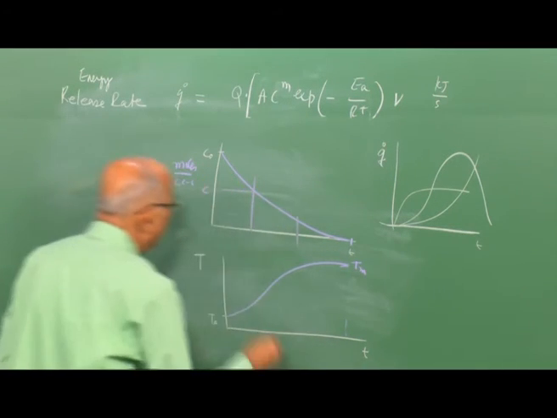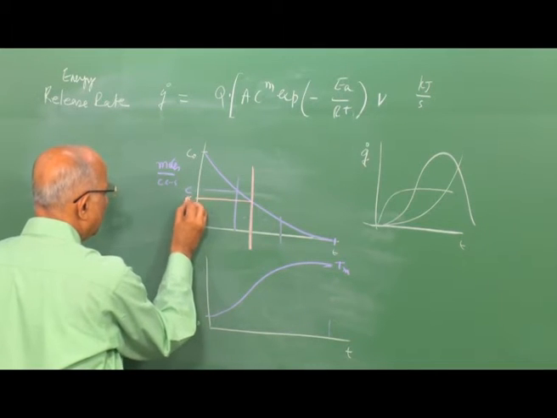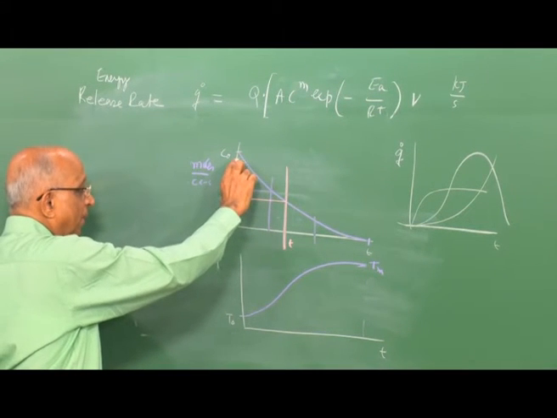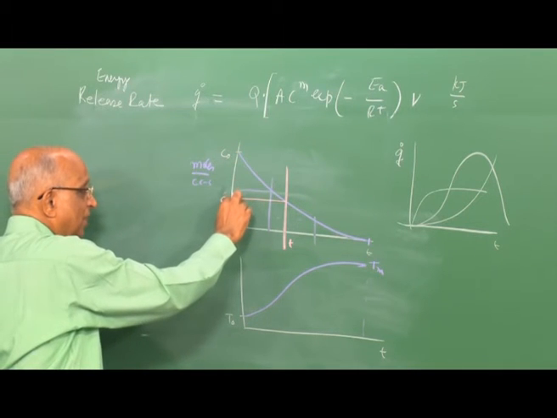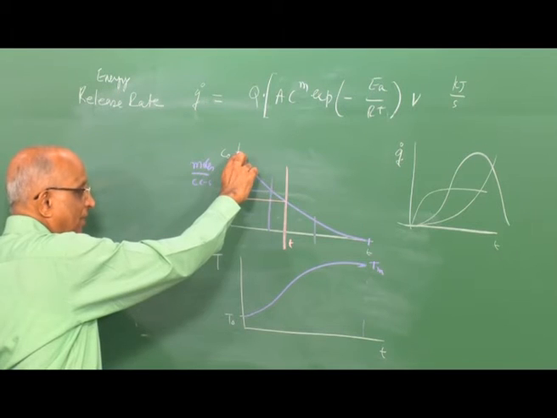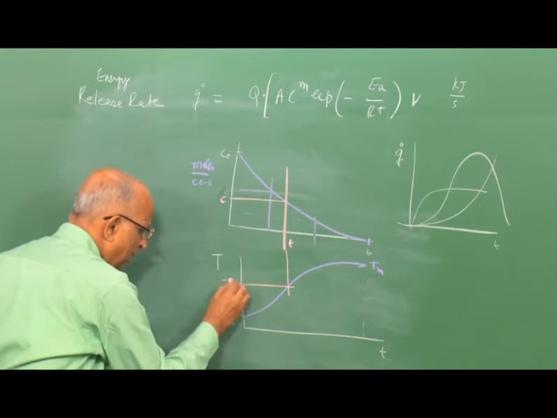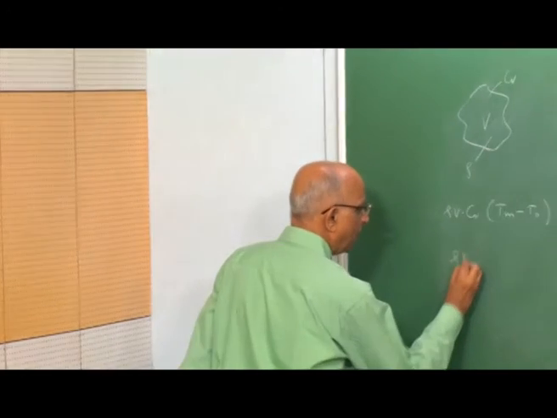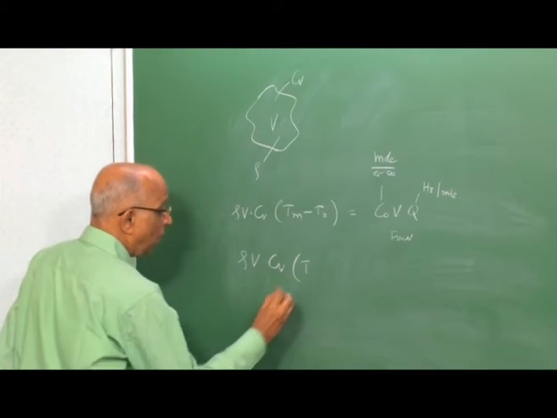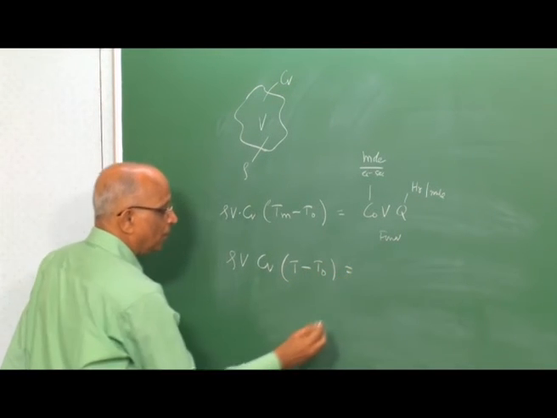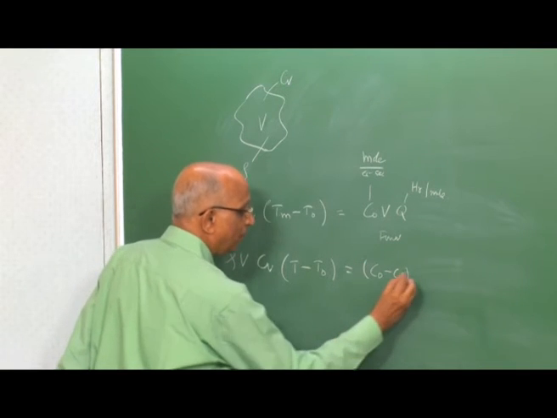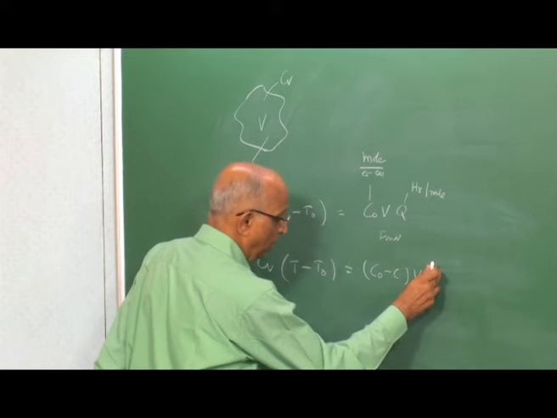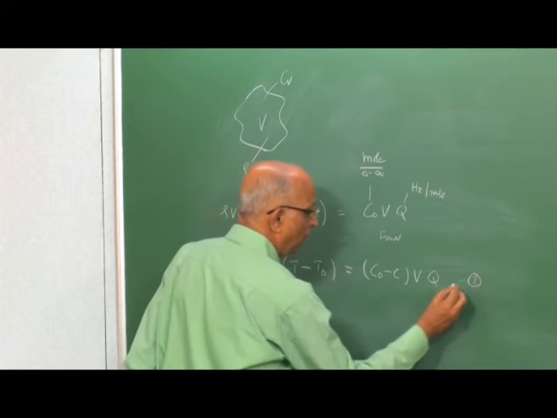If I am interested in some intermediate value, at which let us say the concentration is C at some time t, the change in concentration is from C0 to C. Therefore, the heat liberated is going to be C0 minus C into the volume, which is the change in moles, into Q, the heat liberated, and at this particular time let the temperature be T. Therefore, I can write the second equation as rho V into Cv into T minus T0 is equal to C0 minus C, the change in concentration, into volume, the change in the number of moles which have reacted, and Q is the amount of heat generated per mole which reacts. This becomes my equation 2 for an intermediate stage.